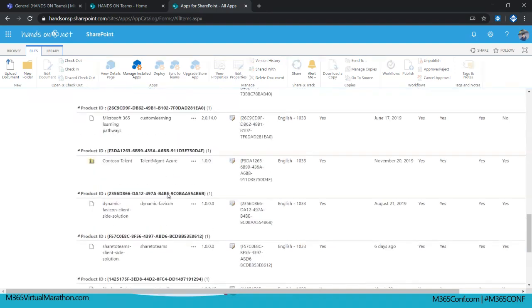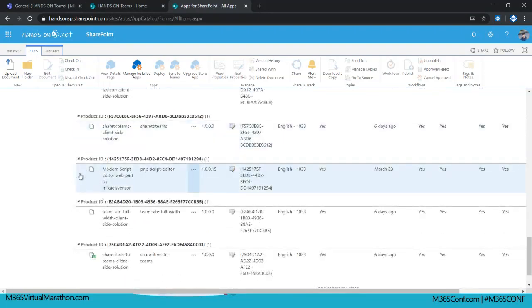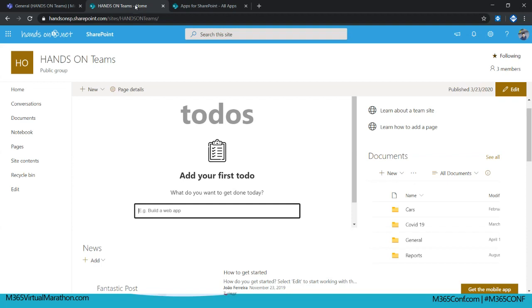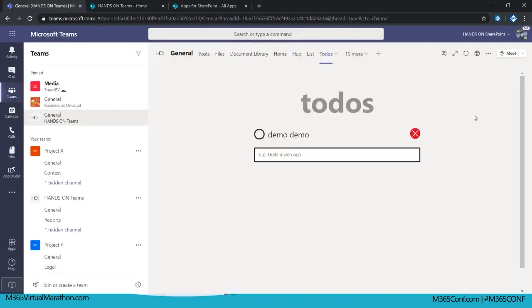Microsoft Teams. Let me look here for an app that it's actually built for both platforms. And as you can see, the modern scripts editor web parts that I really like to use highlights this sync to Teams button. And when it does it, you are able to get the app also inside of Microsoft Teams. And that's what happens if I go here